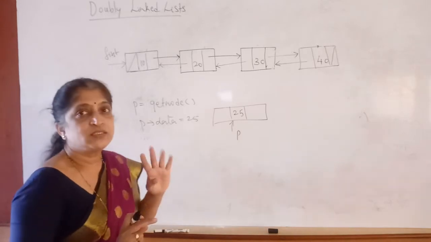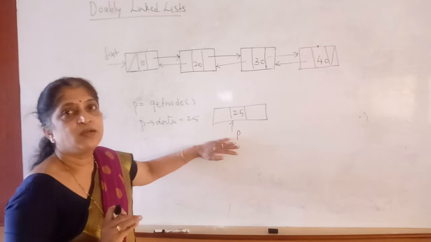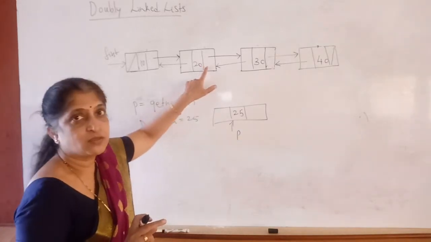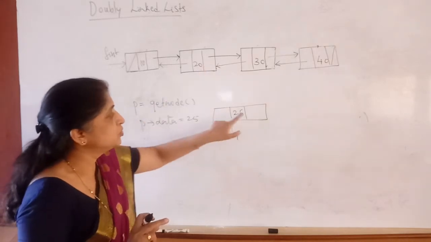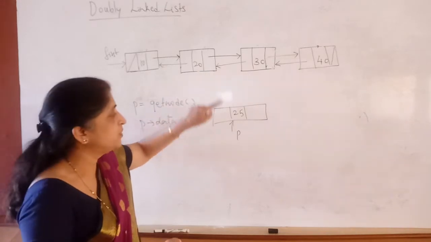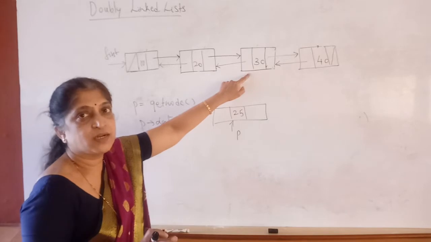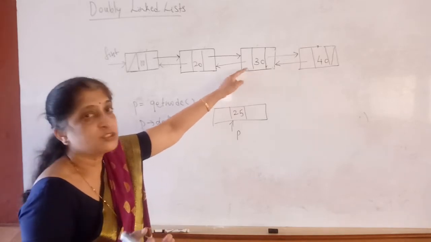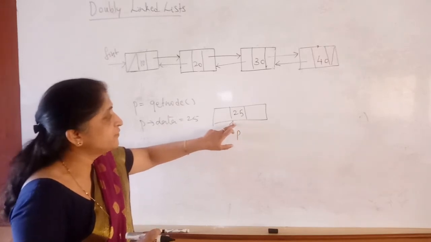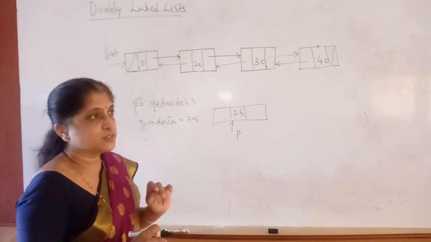After this, I have to adjust 4 pointers so that 25 gets inserted into the doubly linked list. How do we do that? Here you have to adjust these 4 pointers, 1, 2, 3 and 4. That is, 20's next node should be 25. 25's next node should be the one with the value 30. Similarly, 30's previous node should be 25 and 25's previous field should be 20. So I have to adjust these 4 pointers.